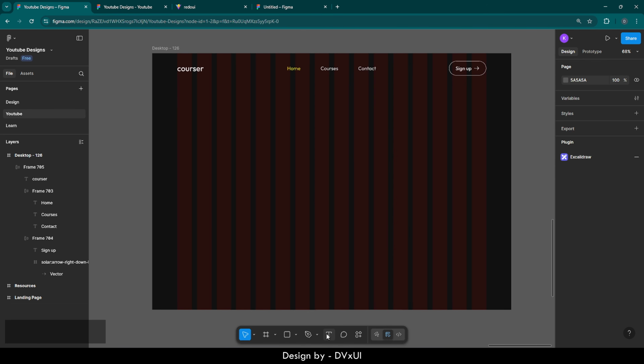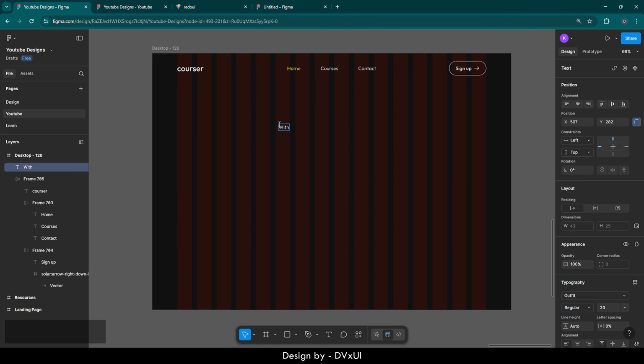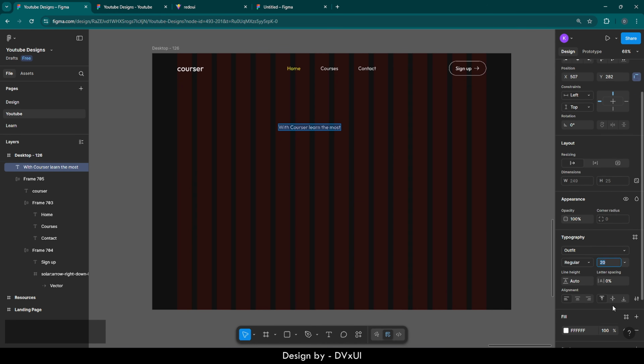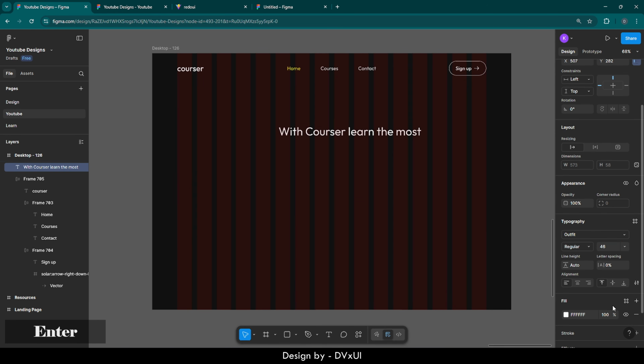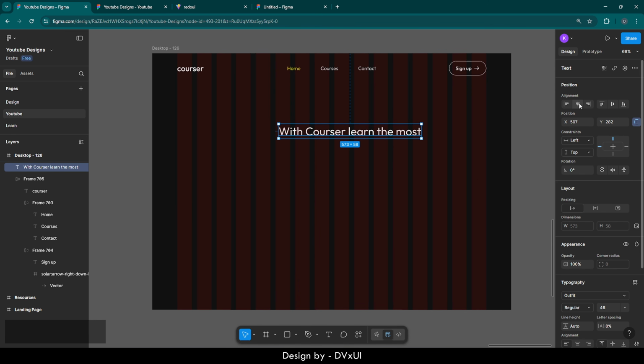So for the hero text, we need a text. Here I'm going to write "with cursor, learn the most", just this much, and I will select it, change the font size to 46 with regular font weight, but I will put it in the middle,